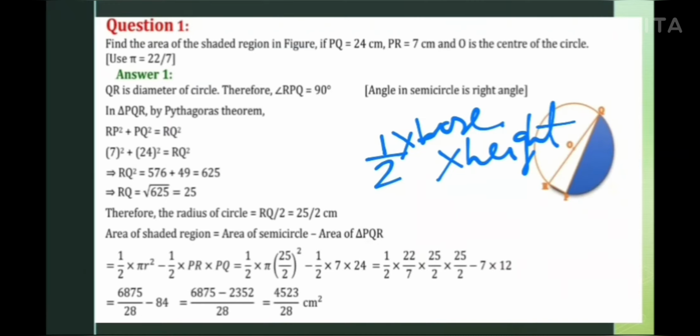After the subtraction, you will get this green portion. Then add the area of the triangle with it, plus area of triangle. Now just put the values into the calculation. You will get the answer as 36 root 3 plus 660 by 7 centimeter square. In this way we have to solve question number 4.